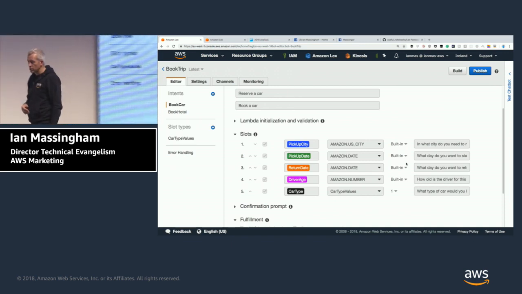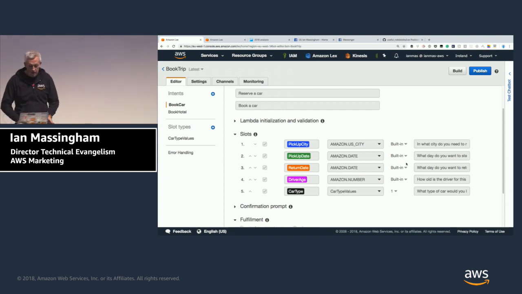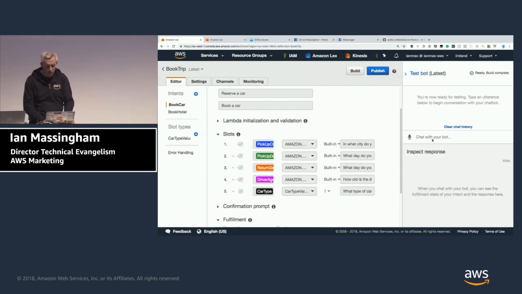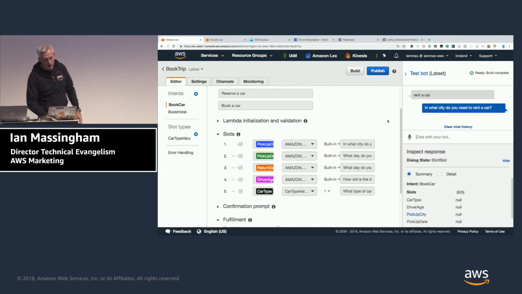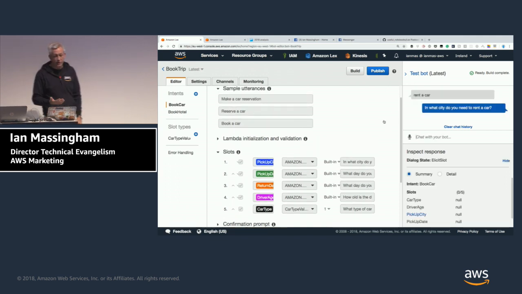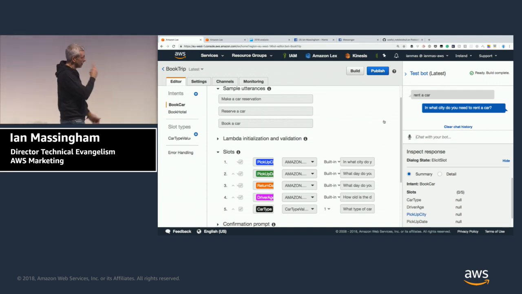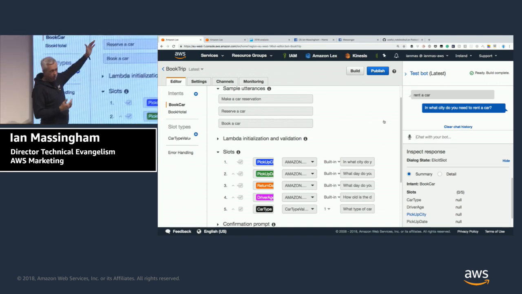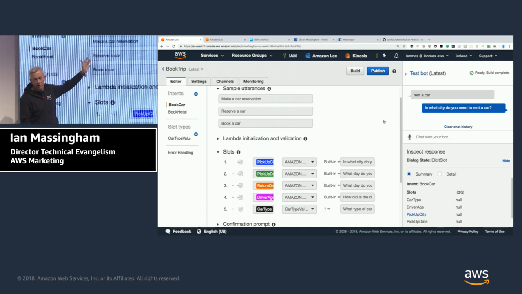Okay? So if I experiment now in interacting with this sample chatbot, I can say something here like, book a car. Let's try something different, actually. Okay, so the first thing to point out is I said rent a car, and rent a car is not in my sample utterances. So I'm not matching here, okay?